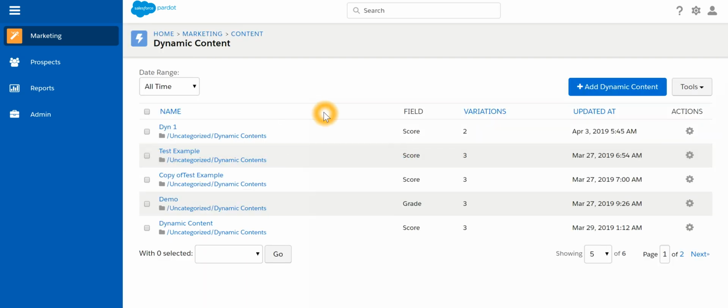Take for example, you want to ensure that the content of your email changes based on a certain feature of the prospect. An example could be if the prospect's gender is male, then send a specific email, versus if the prospect's gender is female, then send a different email. So if you want to change the content, then we have to create dynamic content. Let's take for example, if we want to add dynamic content,